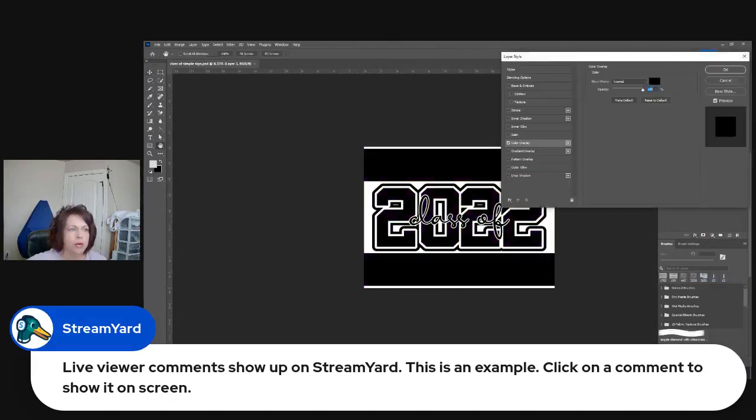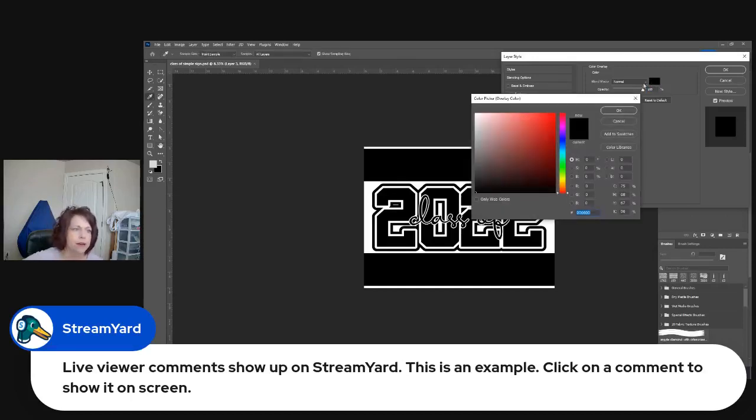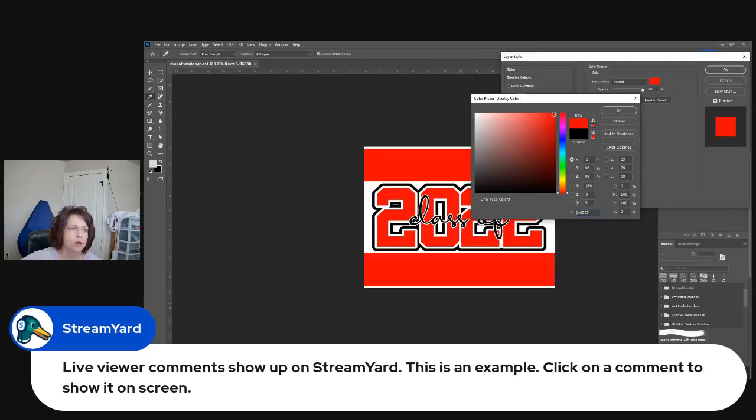It's going to either change it to the last color that you used, or if you're opening up and this is the first time you're doing it since you reopened Photoshop, then it will change it to black. That is the default for this, as well as Affinity. So let's say we're going to do it's green. It's kind of funky. So let's say I was going to do this for,